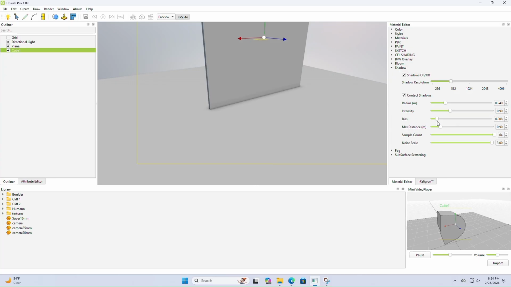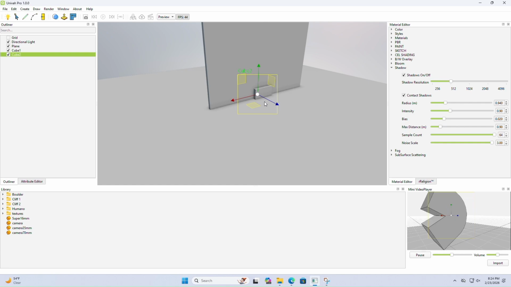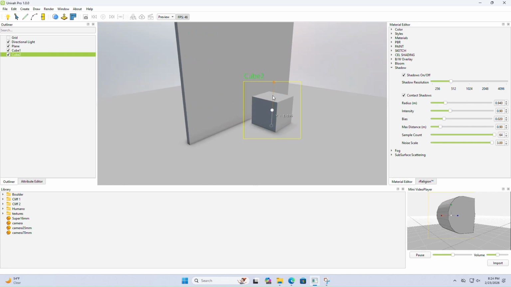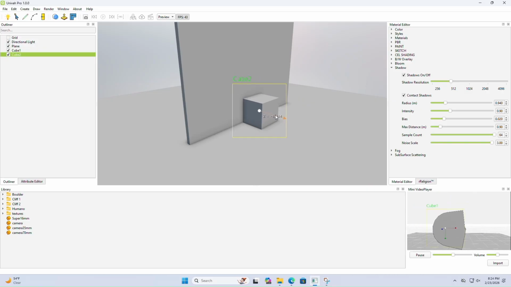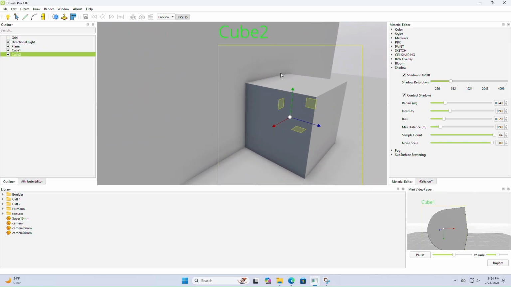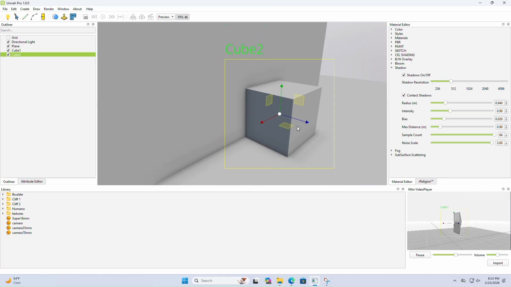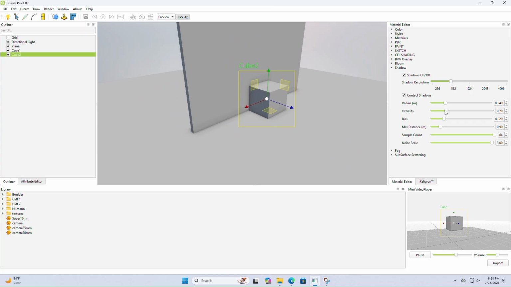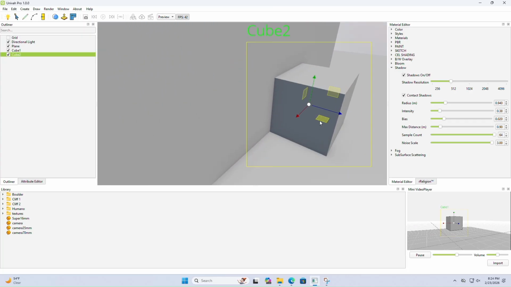Okay. So, and just play with the bias. When it comes to shadows, bias is super important. So, play with the bias, play with the intensity, and play with all the sliders until you get the look that you want. But essentially, that's what contact shadows do. They give a bit more, they add more realism because, as you can see, without contact shadows, things kind of look floaty. But with contact shadows, it makes things grounded. It makes things look, you know,